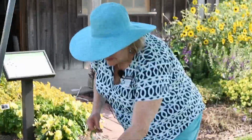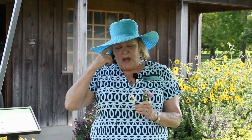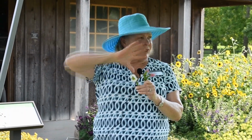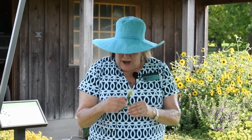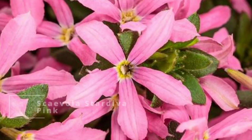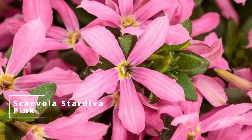Now, I'm going to talk a little bit about the scaevola. This is going to edge on the more tribulations that we've had. We got six scaevola this year, and three are new. They're white, pink, and blue. There's a difference. This is the new one. It's called Stardiva, and the petals of it are star-shaped. They're all the way around, whereas the older form, and I don't know if you can see that up close. I'll hold real still. This is the one where the petals, Stardiva, are all the way around,